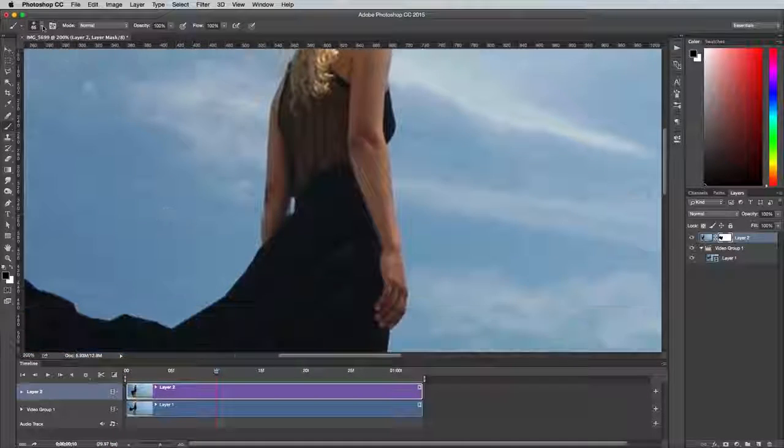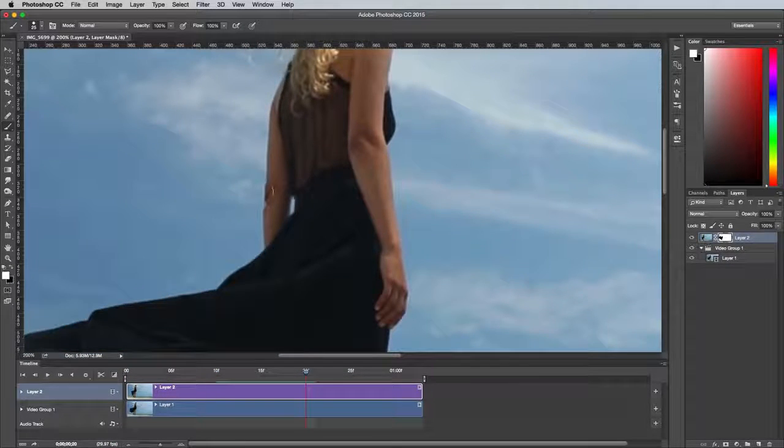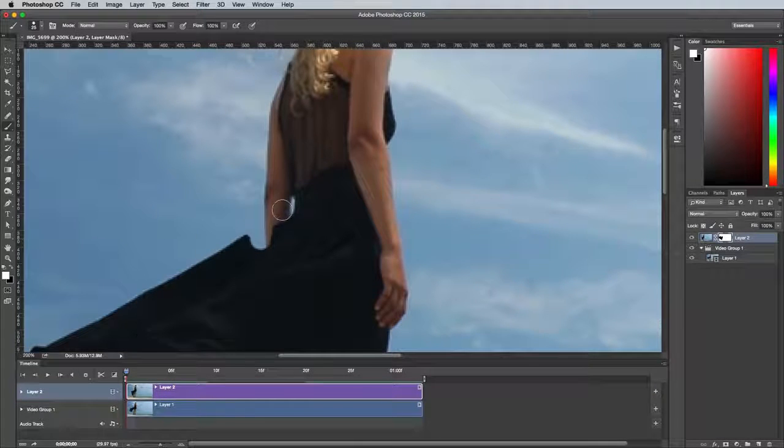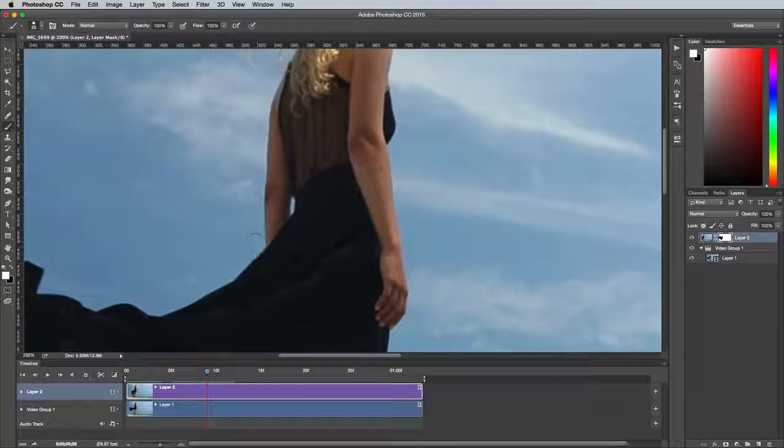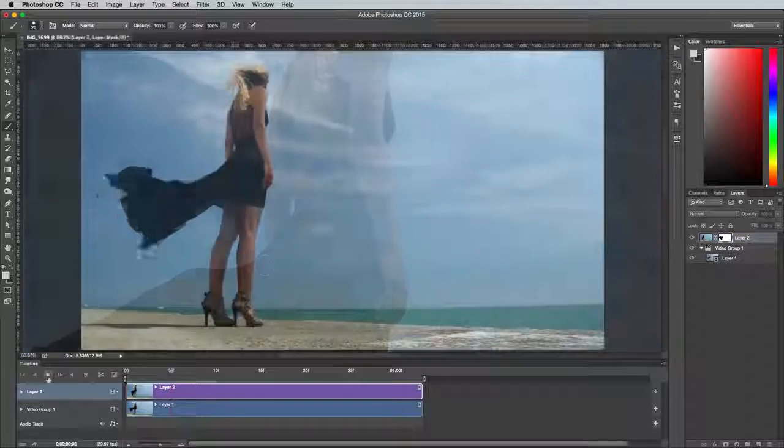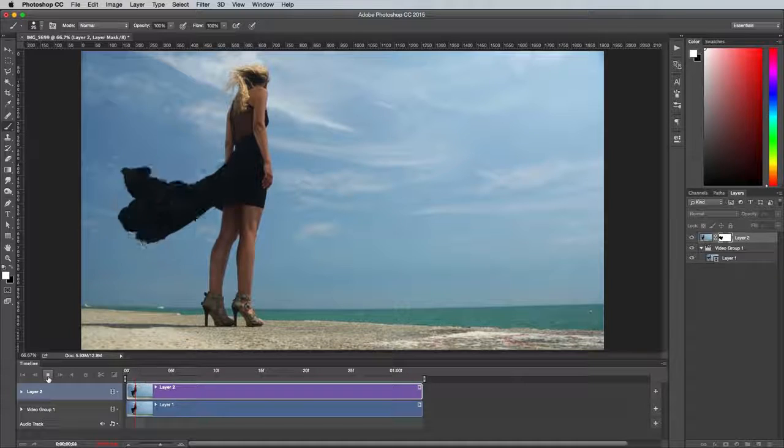You can quickly switch from erasing to restoring the layer mask by pressing the X key, which switches the background and foreground colours between black and white. After some clever adjustment of the mask, the cinemagraph effect is complete. This image can now be saved as an animated GIF or exported as a short video file to retain its